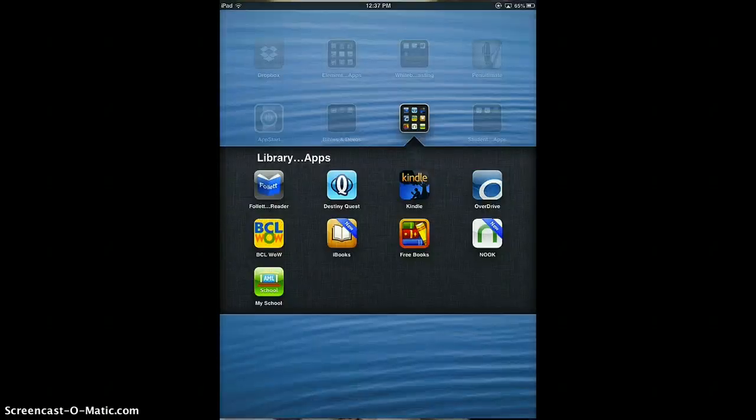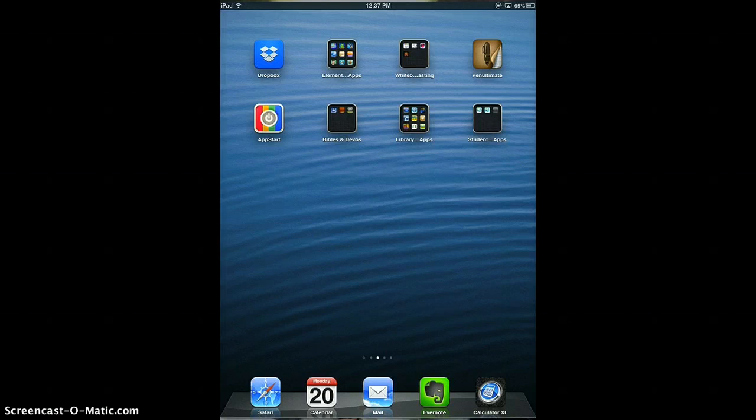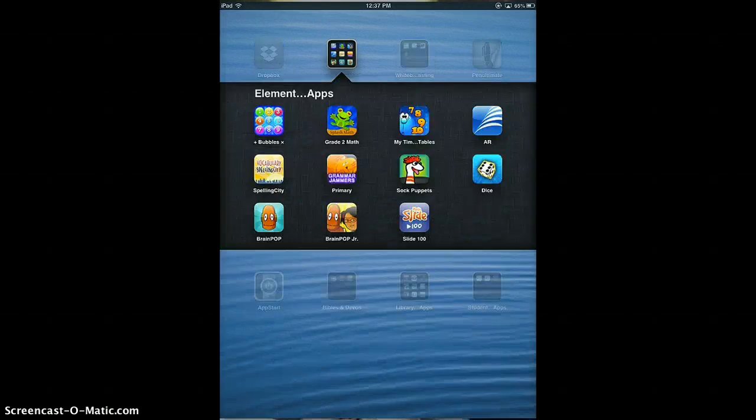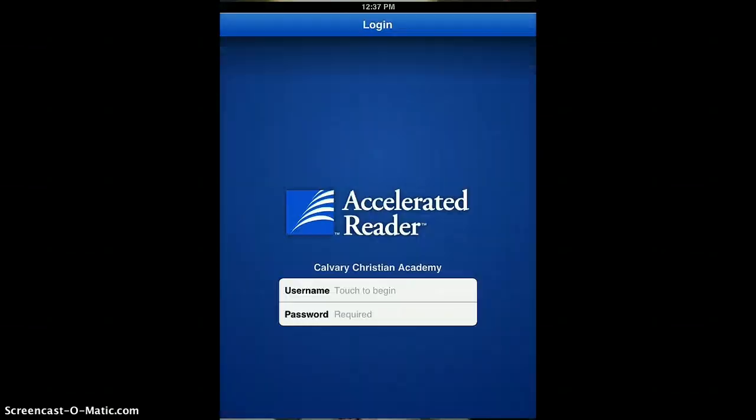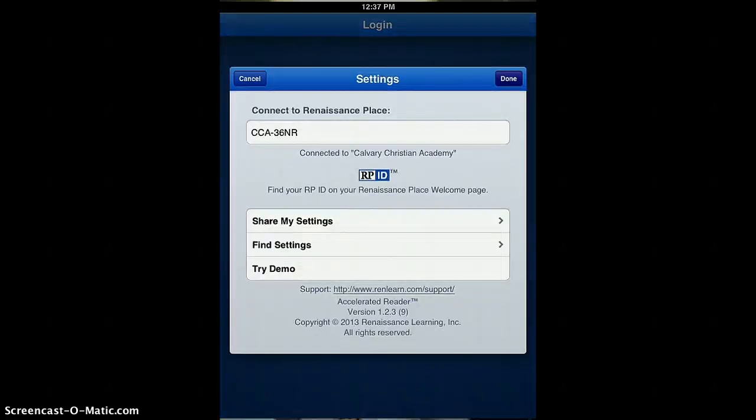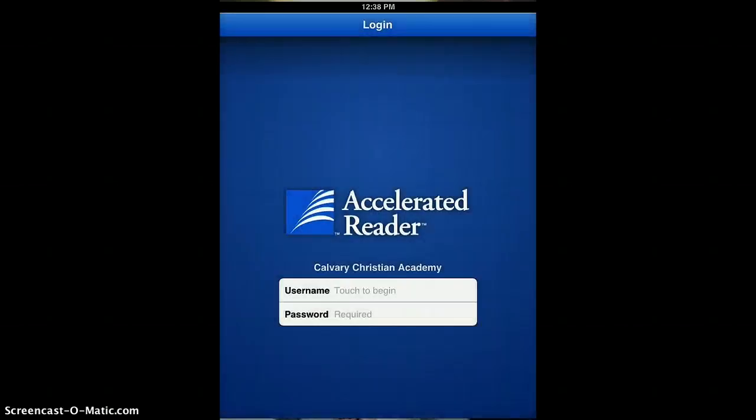All right, the next thing we're going to look at is actually in the elementary apps folder, although all the way through 8th grade teachers can use AR because we are using the STAR testing with the middle school students as well. Now I'm going to touch on settings in the upper left hand corner because yours will load the very first time and you will need to add either this code or there's a long URL, and I'll have it for you, remember, on Mission 305. But right now you can put in CCA 36NR,